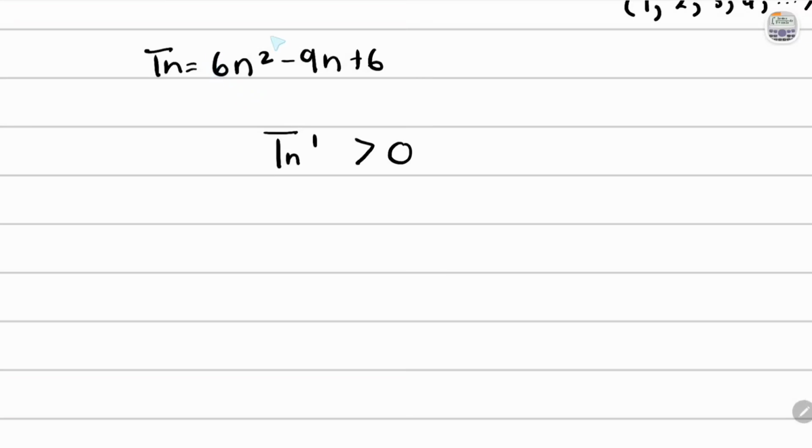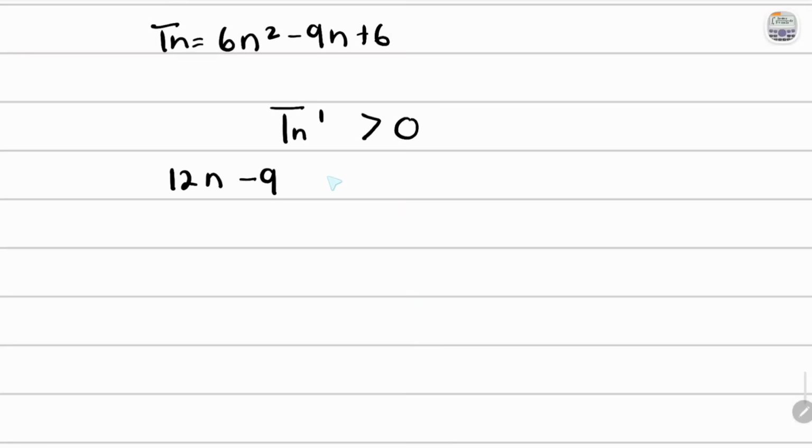That's going to be coefficient times exponent, 12, and exponent minus 1 is 1, but we don't have to write that 1. Again, same procedure here would give us negative 9, and the n falls away because 1 minus 1 is 0. Anything to the power of 0 is 1, and that just multiplies to the negative 9. So this is now greater than 0,